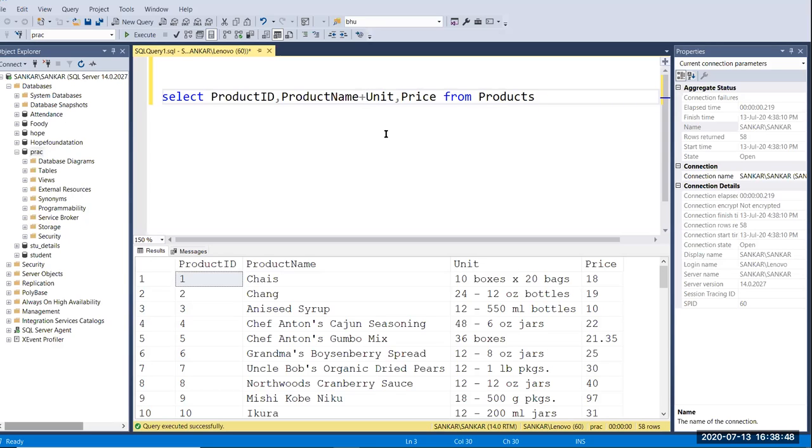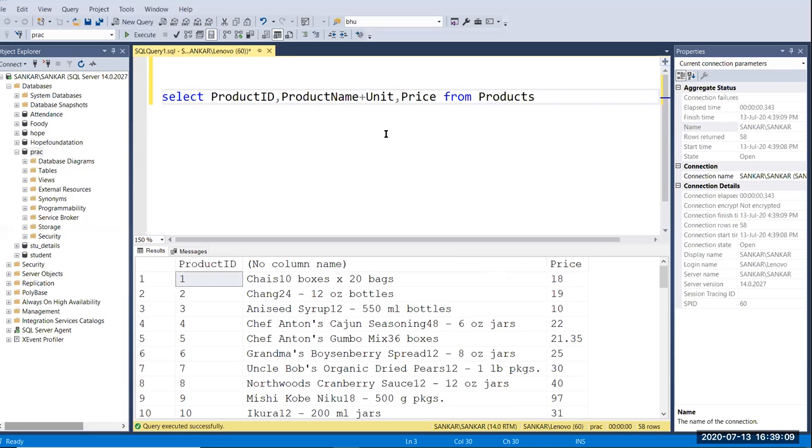You cannot add one string and one integer. You can add integer to integer, and integer to float, and you can also concatenate nvarchar to nvarchar. Here product name and unit are both nvarchar. Let's see. Now we can see here, the size 10 boxes into 20 bags, and we have no space here, right?